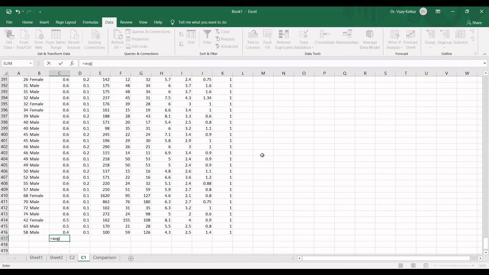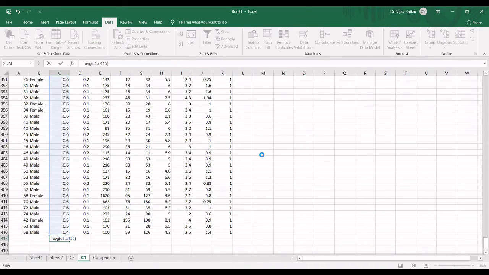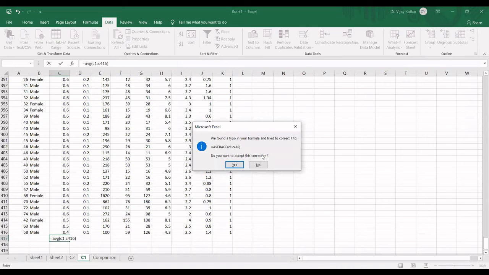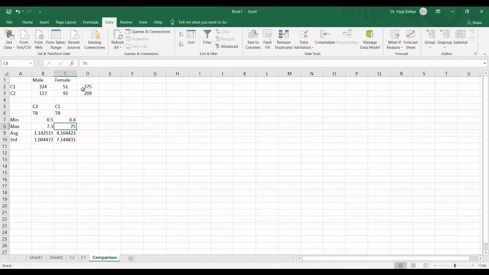The average from C1 colon C416. Now you can see the average is 3.94, and so on. So now you can say that the column total bilirubin was a good column for classification.